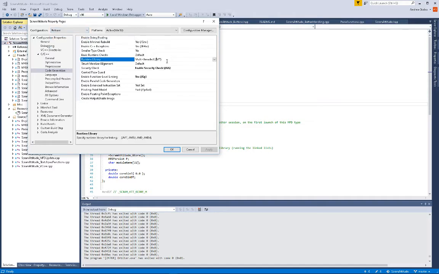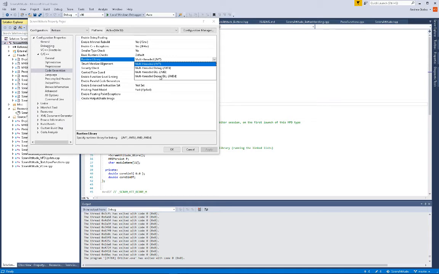Just to give you an example of what your choices are in this, you have a choice of multi-threaded debug, multi-threaded DLL, and multi-threaded debug DLL. These two on the end are the ones that cause a dependency on Visual C runtime or Visual Studio runtime,